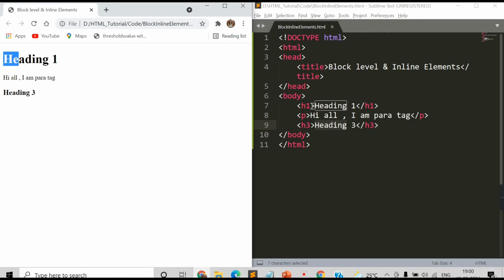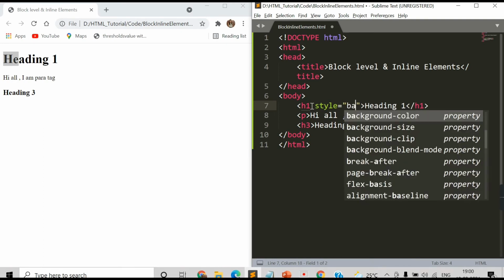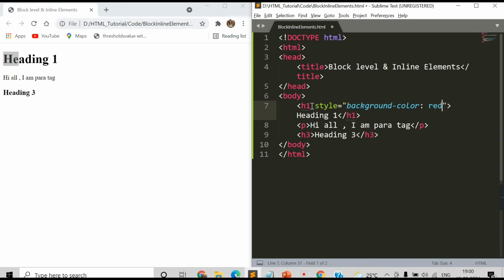We can check that by adding some attributes. Last time we studied the style attribute. In this video we will use the same style attribute, and we will apply a background color to this content. Background color, let's say red.